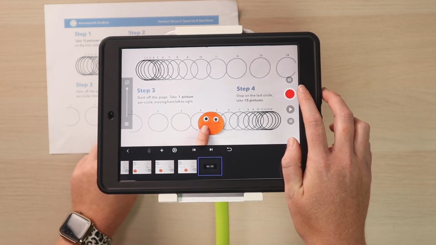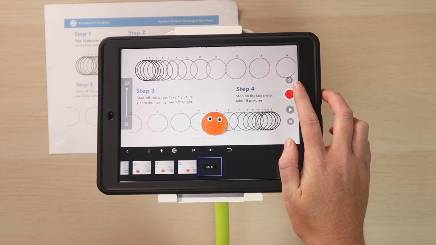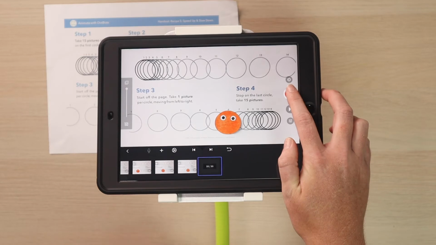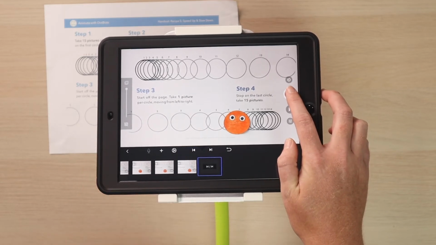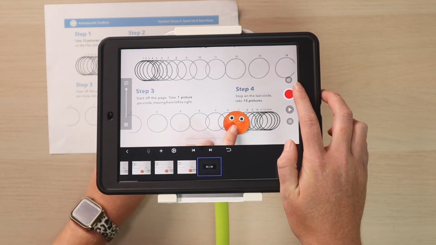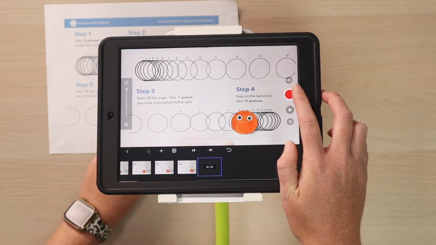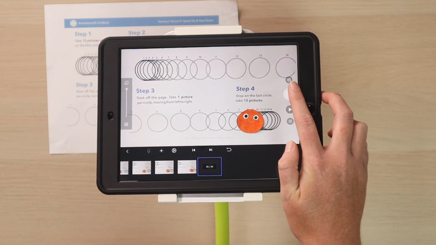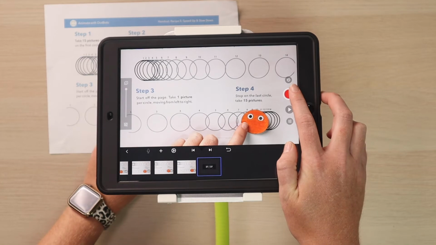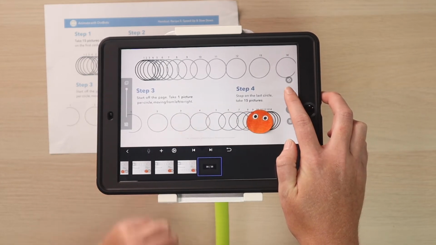So it's kind of the same as above, just in an opposite pattern. There we go. Now you can see they start to overlap each other. Almost there though.